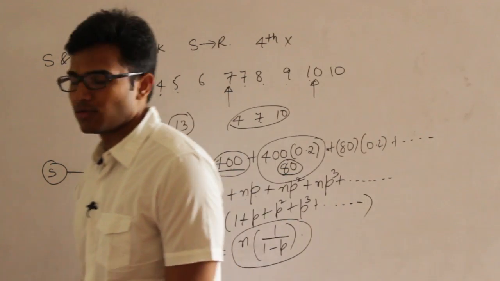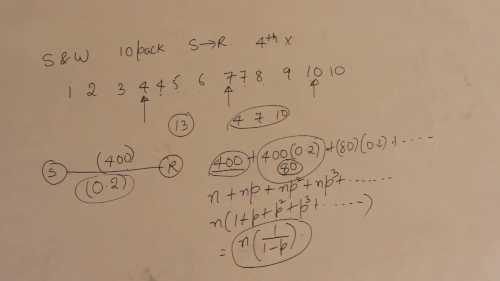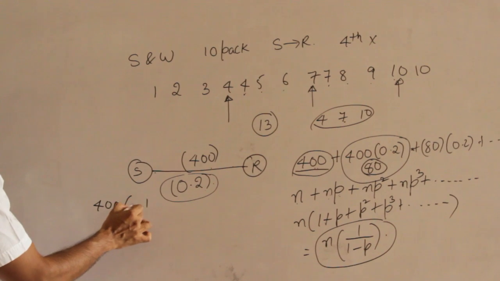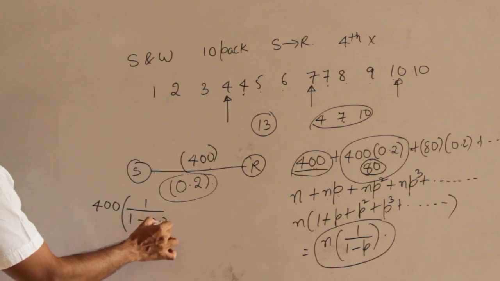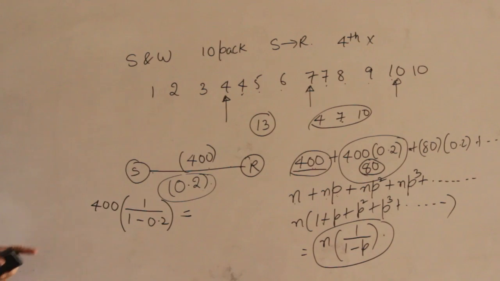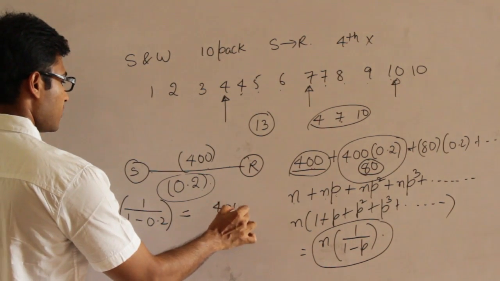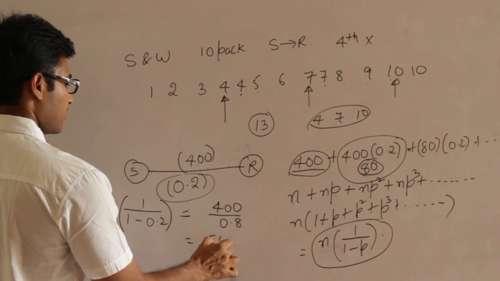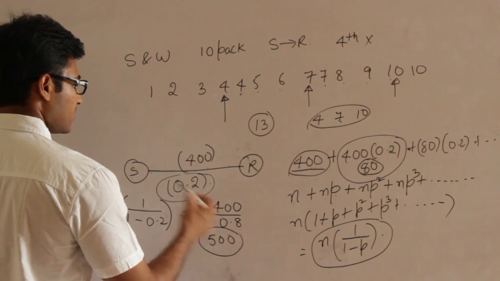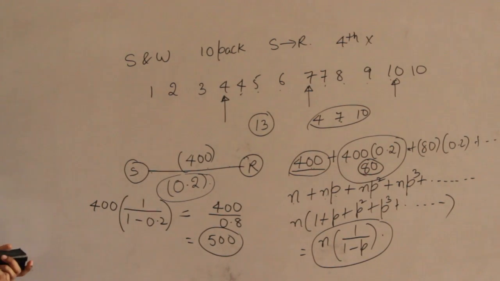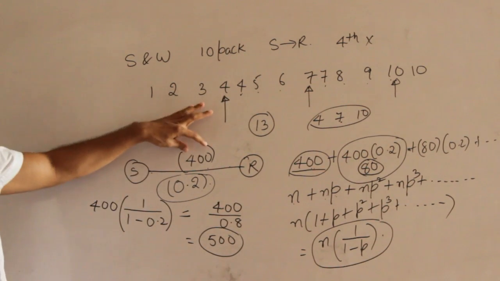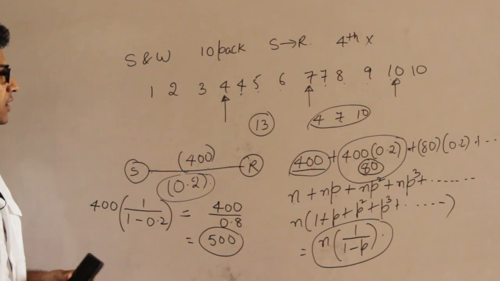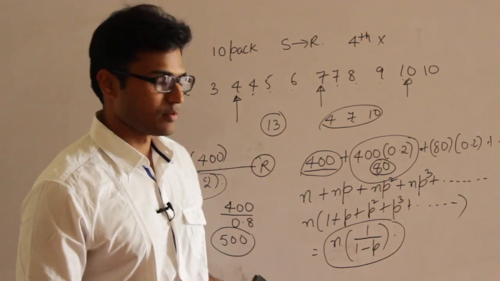So in this question, if you are sending 400 packets over a channel with error probability 0.2, it is 400 divided by 1 minus 0.2. So this is the answer. You will get 400 divided by 0.8. I think you are going to get 500 packets here. 500 is the answer. So how did I do this? Depending on n and p, I derived this formula, and in that formula I am substituting the values. We shall see one more example next.